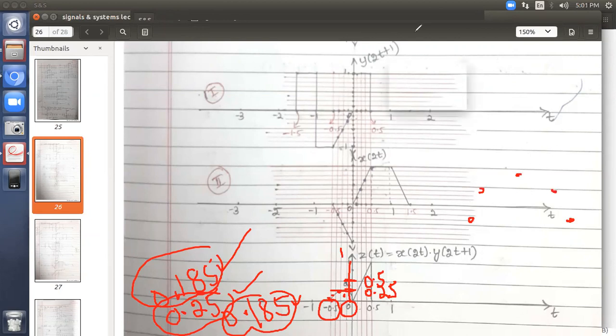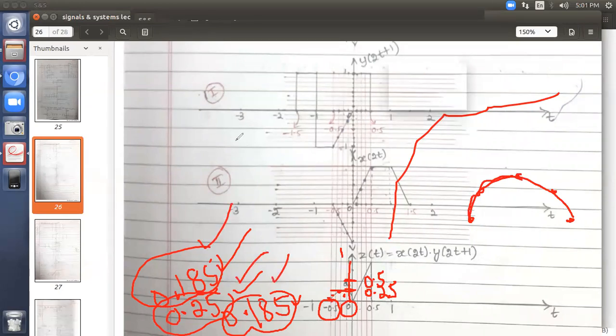As the signal is continuous in nature, let us try to draw a smooth line. Don't join simply by straight lines like this. It is not a smooth structure. As it is a continuous signal, try to make the signal smooth, because I have done only 3 points. I took 0.25, 0.5, 0.75. You can try this figure on graph paper. Take each unit as 0.1, 0.2, 0.3, 0.4 up to 1. Between 0 to 1, you take 10 parts. You will get a much smoother graph.